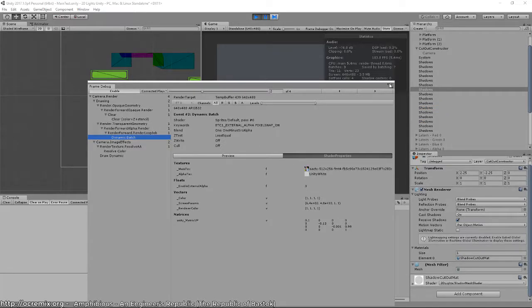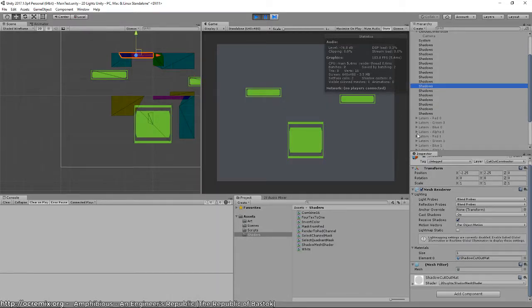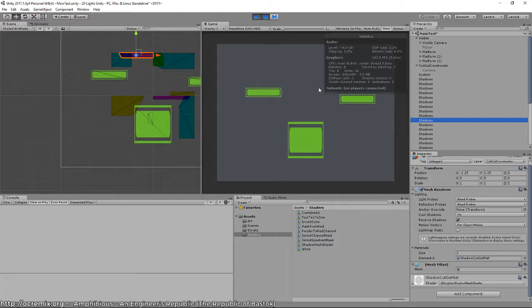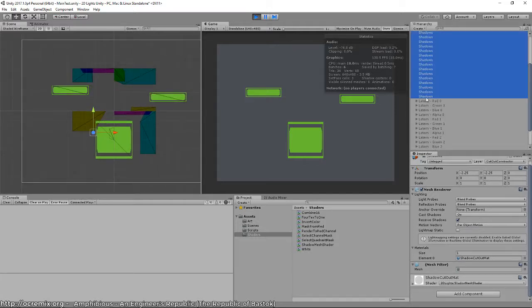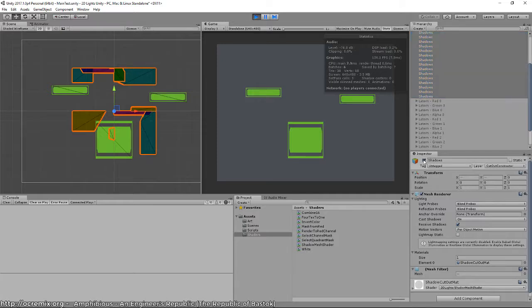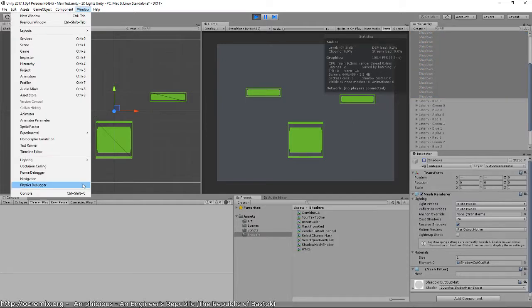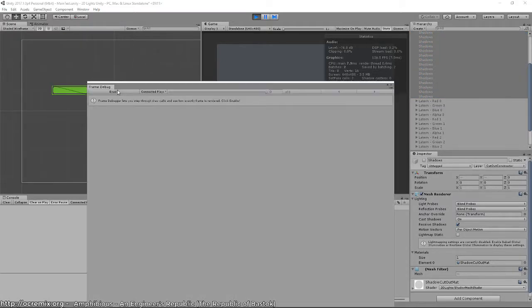Maybe it just has to do something with working in the editor. But okay, so now it's down to 2 batches because it's paused. Maybe these extra batches are just from the editor's view and they're not actually drawn in the game. That could be it. It's kind of weird that it would put that out in the frame debugger, but